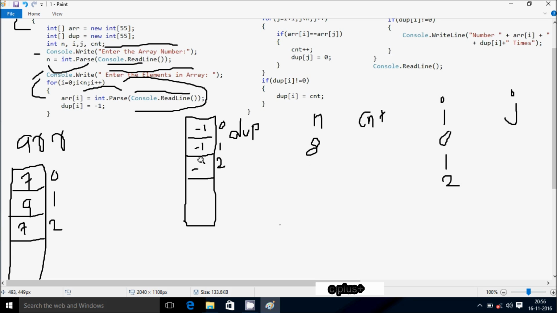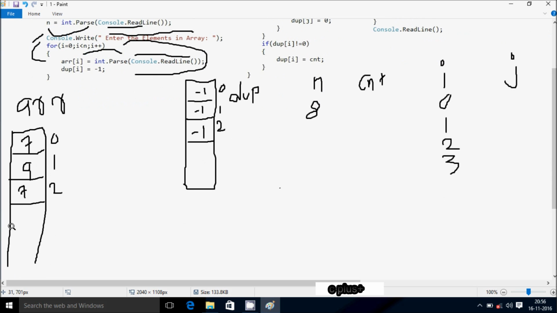So at here that is to minus 1. Hereafter I increase, so i is 3 now. Check the condition: 3 less than n value 8, condition is true, so that coincides. So let's enter a[3] as the new element. So at here dup[3]